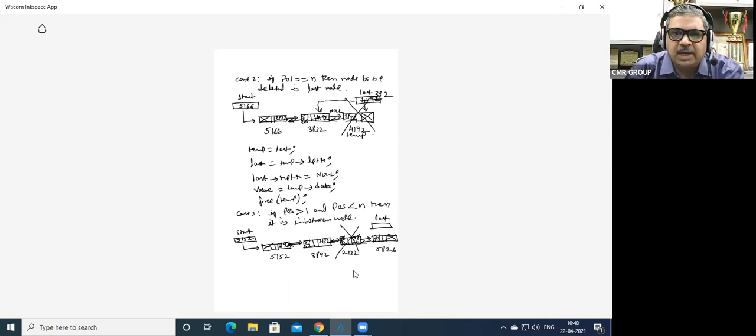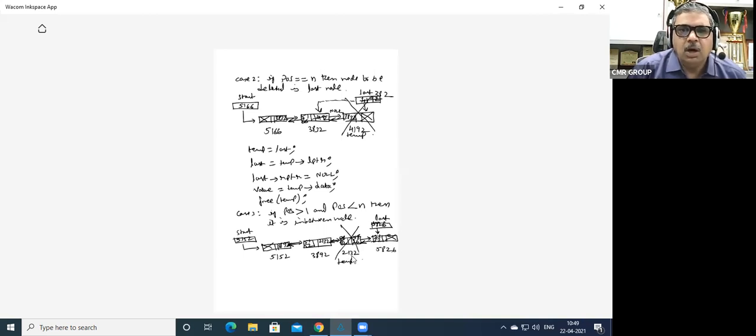So this is temp. The node which you are deleting is temp. Tell me, where is the next node address stored? Temp arrow RPTR. Where is the previous node address stored? Temp arrow LPTR. So this is the previous node. The RPTR of this previous node has to be value 5826, and the LPTR of this next node should be nothing but 2132. That is temp.